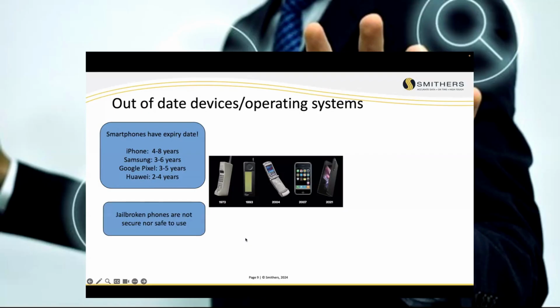Jailbroke phones. I would say no company in their right mind should jailbreak a phone, because once you jailbreak the phone, you void all the warranties on it. Number one. The other problem is that in BYOD, bring your own device, a lot of people will jailbreak their phones. What jailbreaking a phone means, if you're on iOS is a good example, if you're on Apple, a jailbroke phone will let you install software that you don't get from the App Store. On a Samsung, it'll let you install software and tweak some of the underlying settings for the machine.